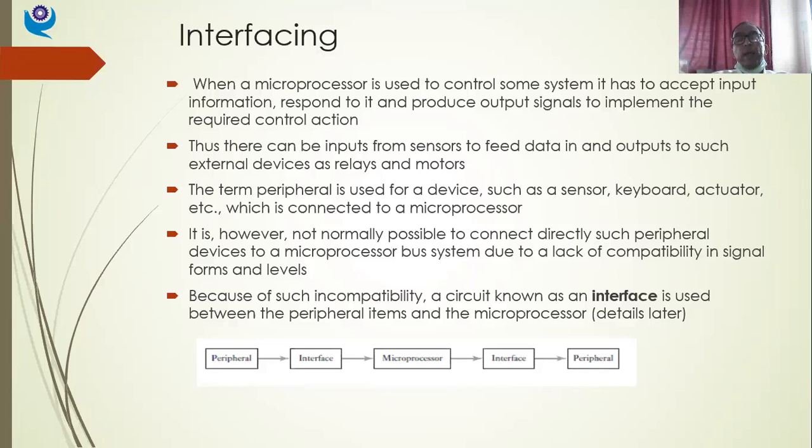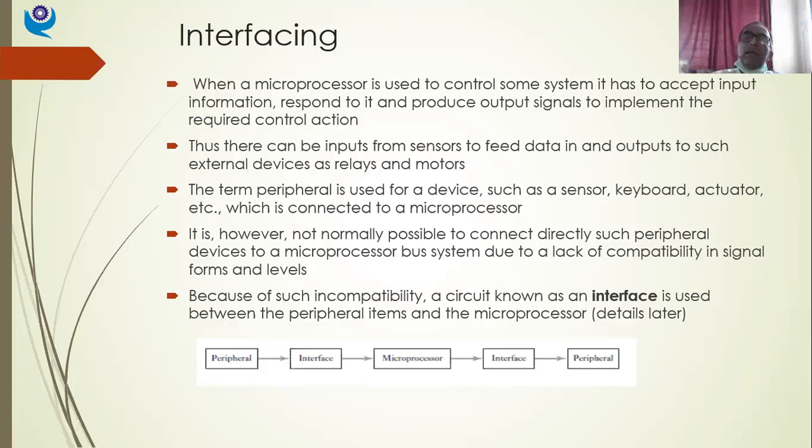Thus, there can be inputs from sensors to feed data into the microprocessor, and outputs to such external devices as relays, motors, pneumatic actuators, hydraulic actuators, mechanical actuators. So there can be inputs from sensors which will give me feedback, and accordingly I need to take certain control action, isn't it?